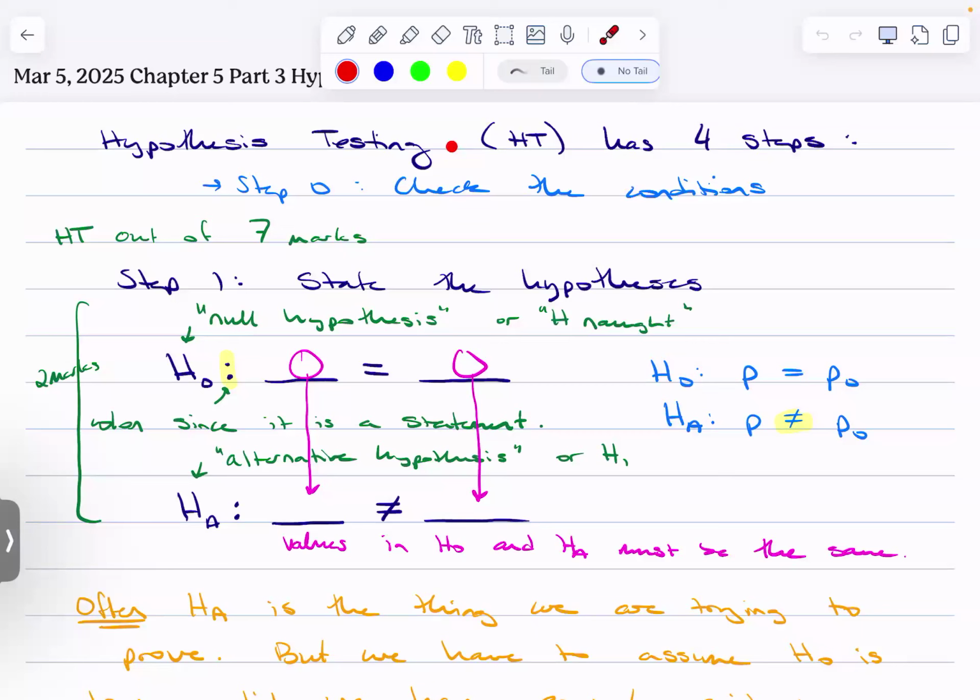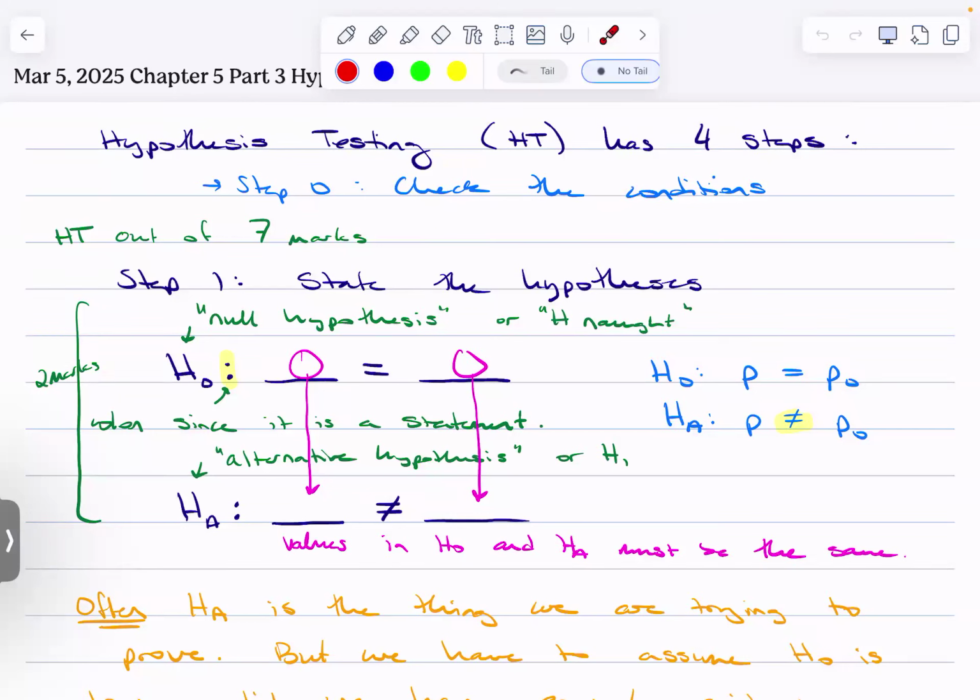So last day we started kind of a big important topic, hypothesis testing, right? Whenever you want to prove something is significantly larger or smaller or better or whatever, you need hypothesis testing. In general, I tend to break it down into 4 steps, but whatever you find is helpful to walk you through the procedure is good. Okay, I did kind of skip step 0, which is check the conditions. I shouldn't call it step 0, but